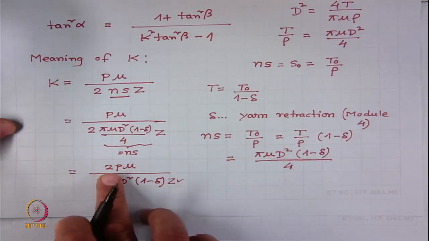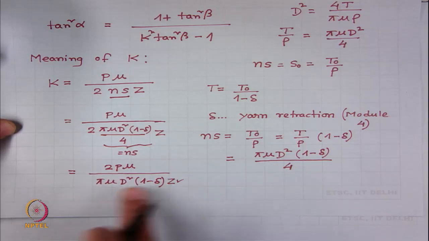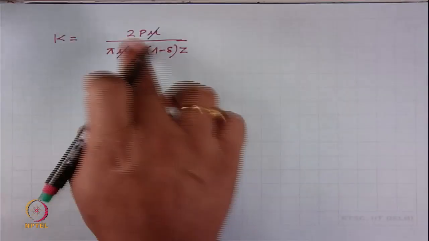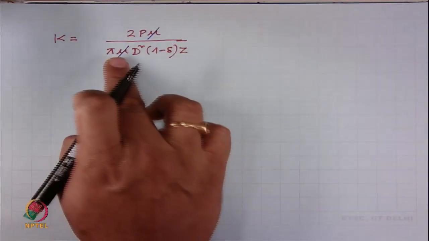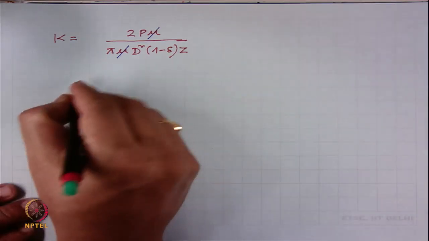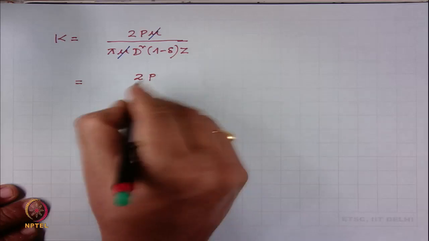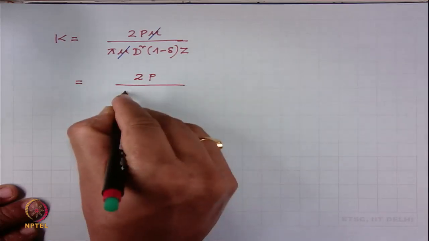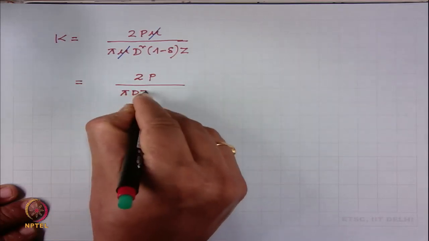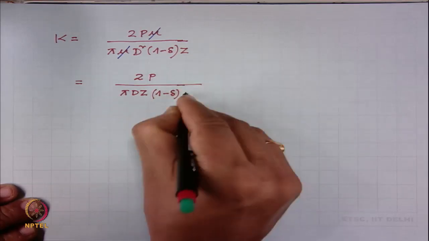So, 2 p mu over pi mu d square 1 minus retraction into Z, right. Okay. This we can further write 2 p pi d Z 1 minus retraction into d